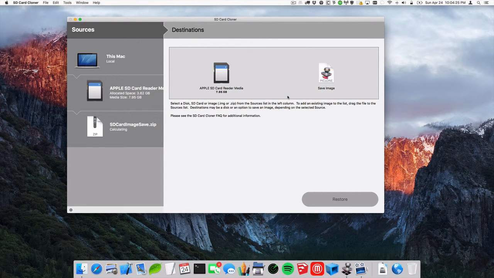Okay, it's now completed, and you can see that a new image was created called SD card image save.zip. While it was cloning the allocated space, it also was compressing it using the zip compression algorithms to be able to save space on the disk. It still will require a 3.62 gigabyte or larger SD card to restore it to. So you can see that indeed it does have the size of the file system as 3.62 gigabytes, and that number there is so you can see how large of an SD card you would need